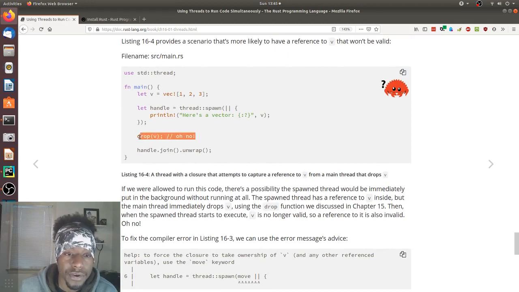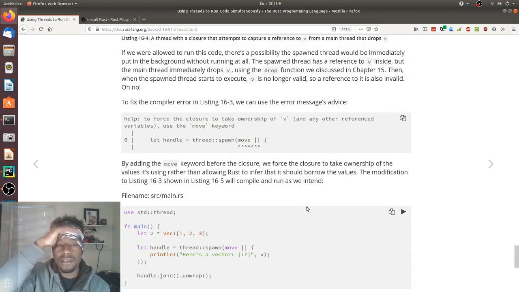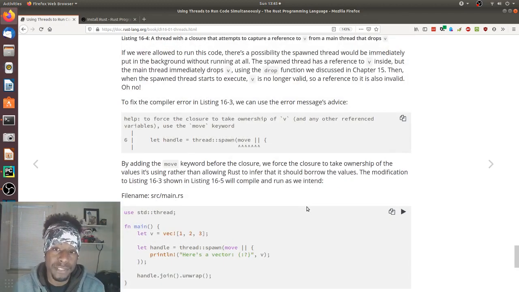In this scenario, they're just sort of validating what Rust's error is saying. If v were to be dropped before the handle join happens, then v is no longer valid when this is ran. If we're allowed to run this code, there's a possibility the spawn thread would be immediately put in the background without running at all.